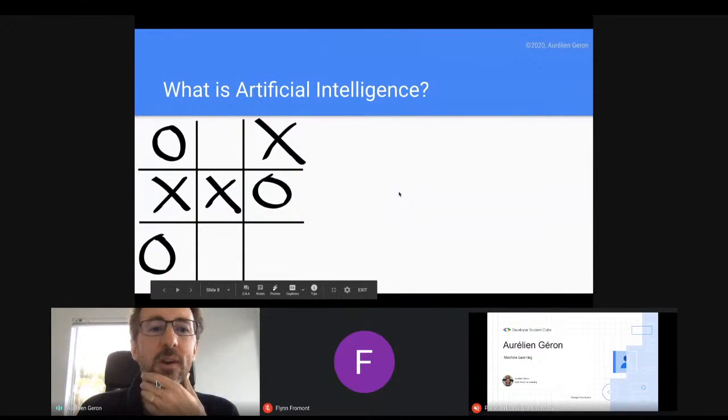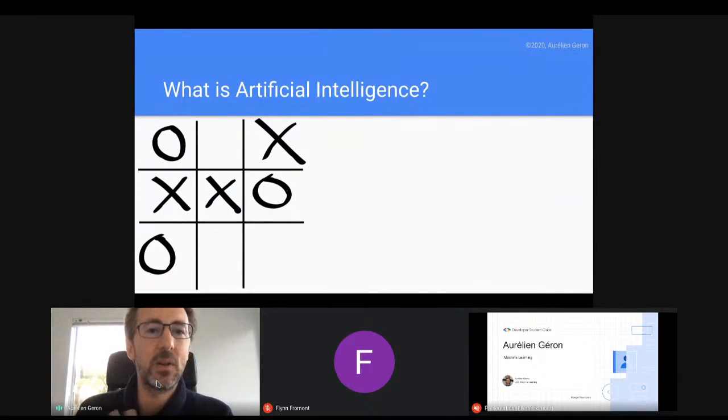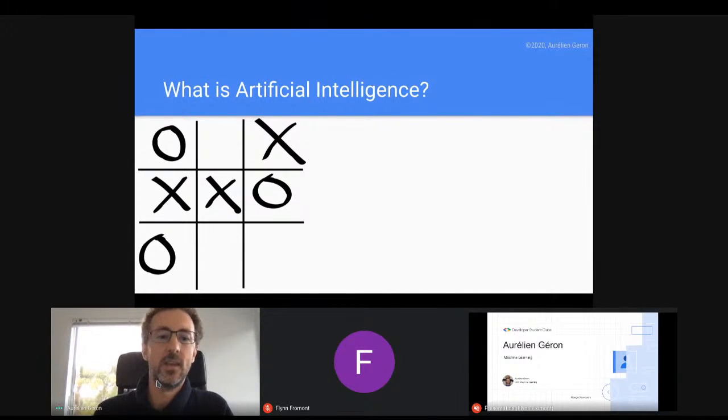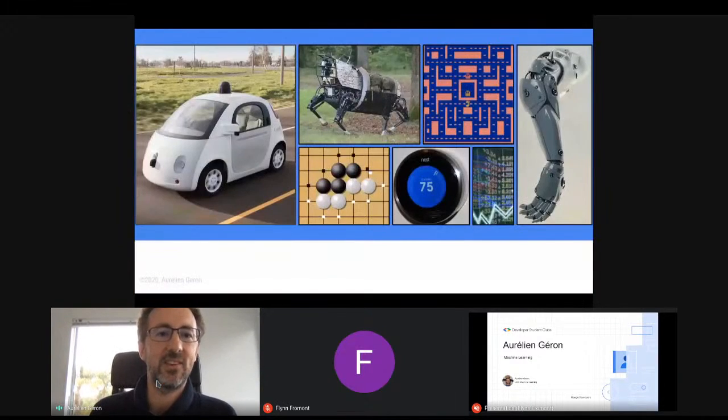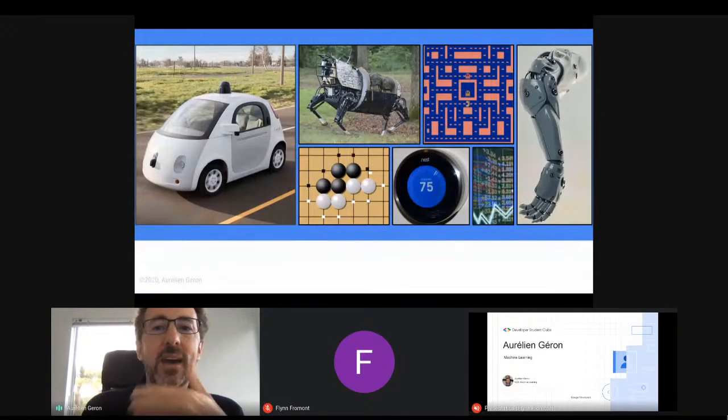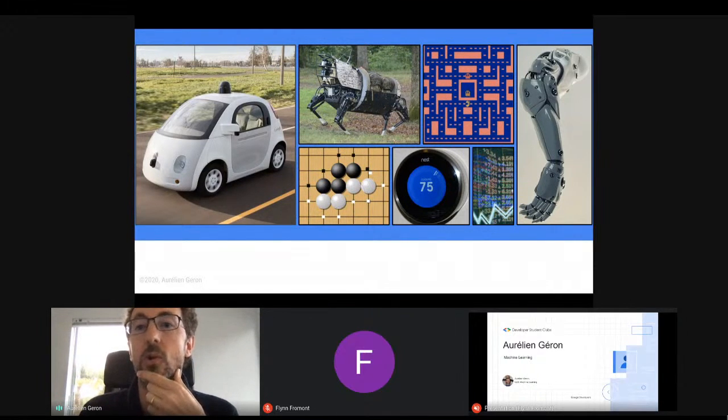First, before I start with machine learning, I'll put it in the context of artificial intelligence. You all know that there's a ton of amazing applications of AI these days, from self-driving cars to crazy robots, to programs that can actually learn to play games and solve them, or beat the world champion at the game of Go, or prosthetic limbs, or forecasting of the market, and some home appliances.